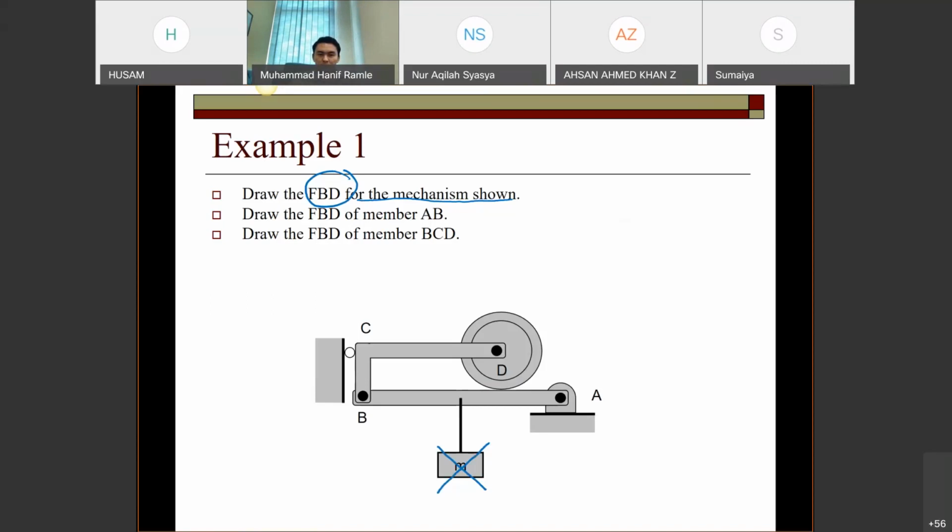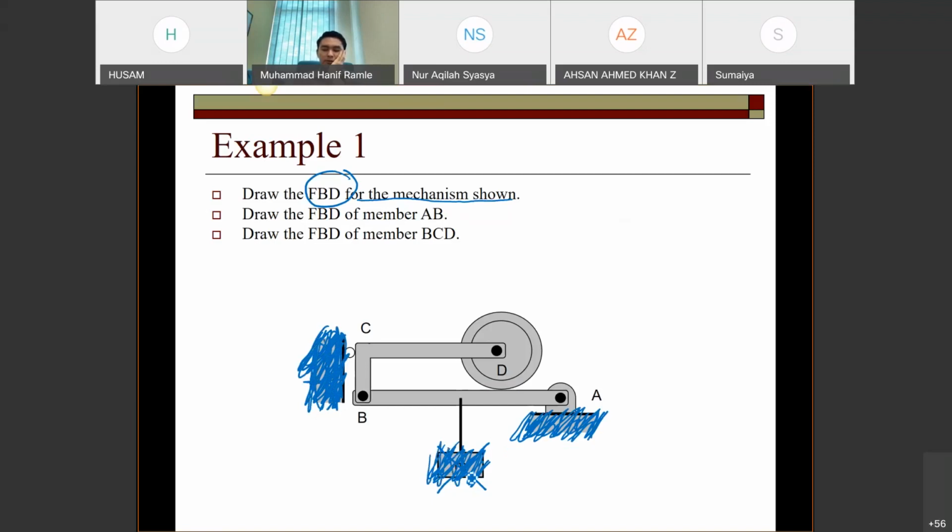A and C. No. Wall, yes, the wall itself. This one is external. We're not considering it in the system. Another one. A wall as well, the floor or wall. Okay, you have to exclude this in your FBD. You have to remove it. You will have to remove this external body in your